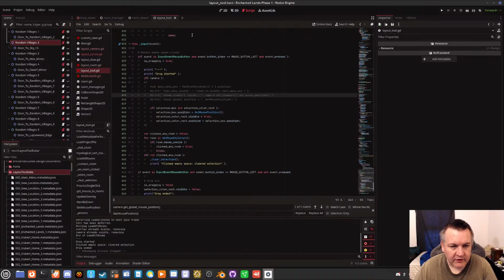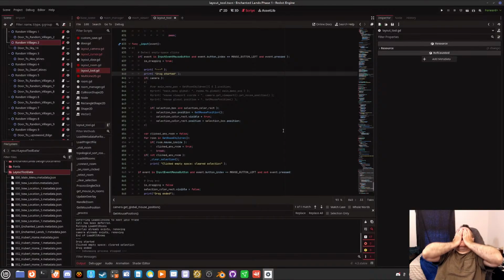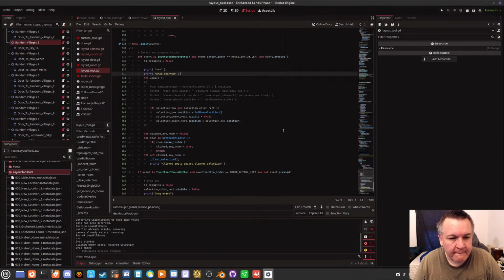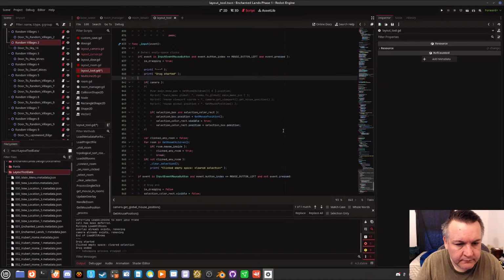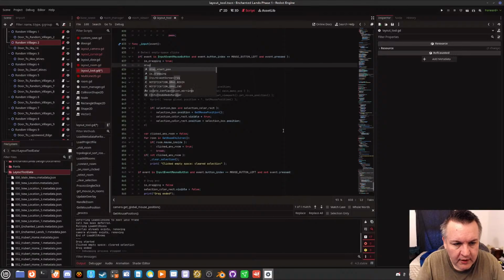Okay, so when we start our drag, start a drag, man. Drag start, drag end. We get the position every time, so drag start position equals get mouse position.